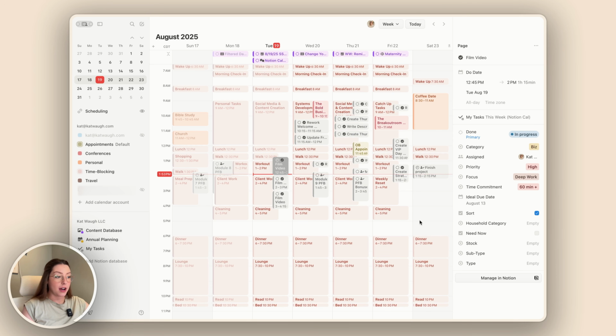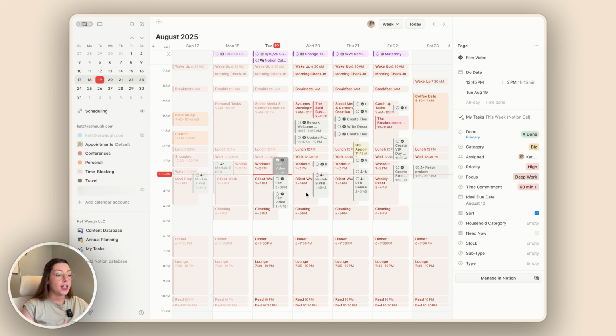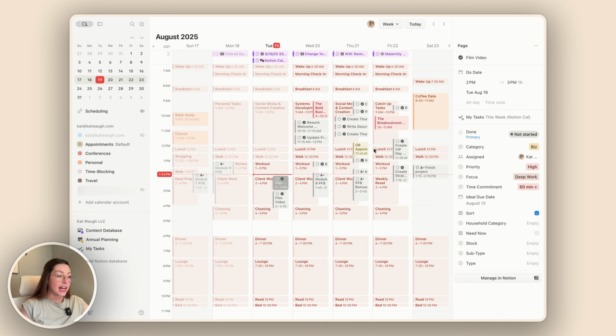And I actually also have this set up so that it is a filtered view. If I mark this done, it will actually disappear from my calendar view. It does take a little bit of time to sync and update, but then it keeps my calendar clear going forward. Now, if we click on these tasks and see all of the available properties over here,